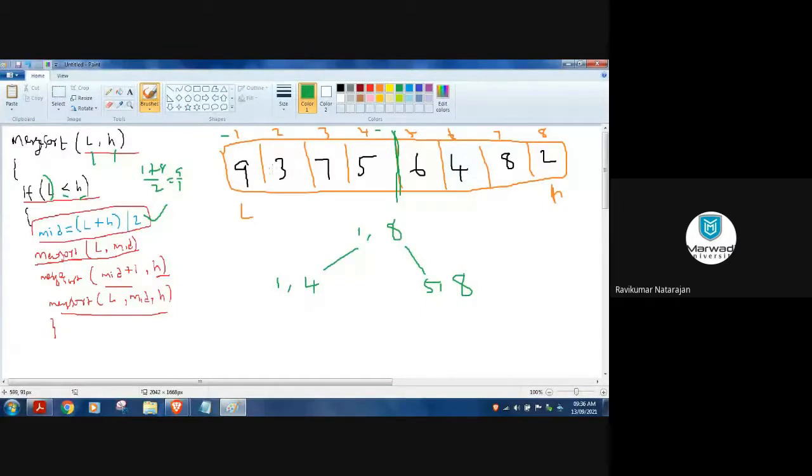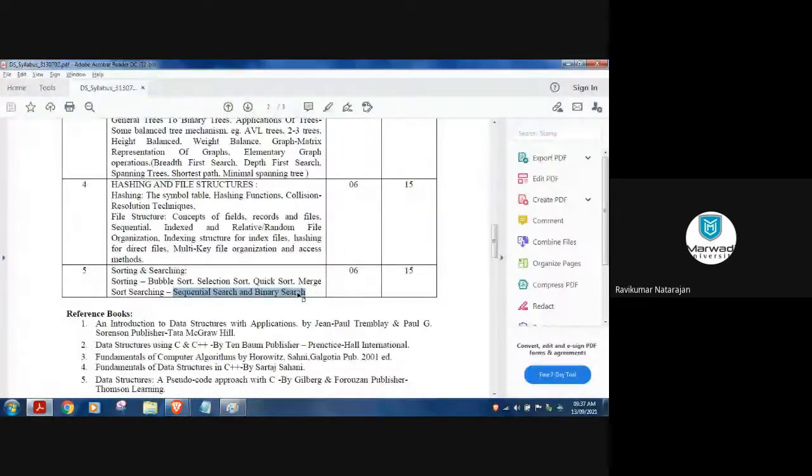So 9375, 1, 2, 3, 4. Out of this, which is the midpoint again? If you have just 4 elements, you'll obviously get this as mid, because 1 plus 4 is 5, divided by 2, 2.5. So somewhere here, right? Again, you see this? Again, how will this index be split? Here I'm talking only about the index, 1 to 4. So which means that I need to take